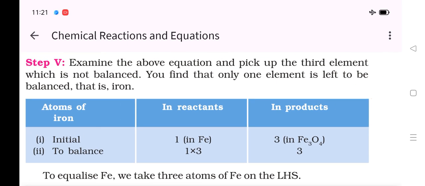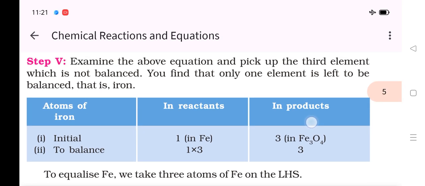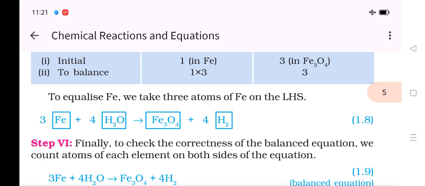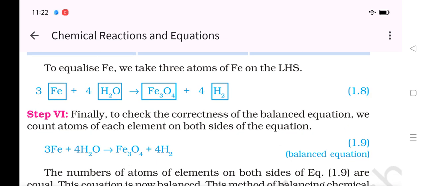Step 5. Examine the above equation and pick up the third element which is not balanced. You find that only one element is left to be balanced, that is iron. Atoms of iron: 1 initially in reactants (1 in Fe), and 3 in products (3 in Fe3O4). To balance, in reactants it is 1, in products it is 3. To equalize Fe, we take 3 atoms of Fe on the LHS. 3Fe plus 4H2O gives rise to Fe3O4 plus 4H2,